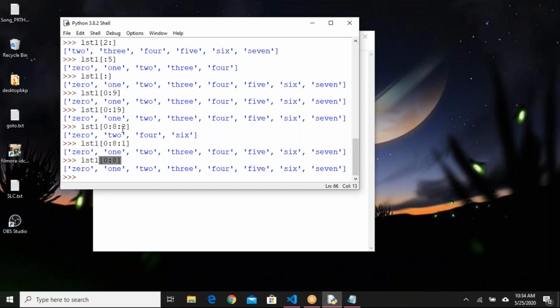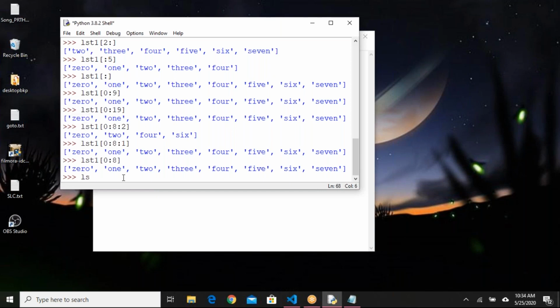1 means every element will be included. 2 means every other element will be included from the first element, based on the starting index and ending index you are providing. The set of elements in that subset will be considered in the output. If you provide the jump as 2, every other element will be considered: 0, 2, 4 and 6. That way it will work.